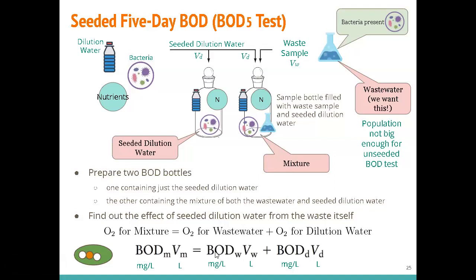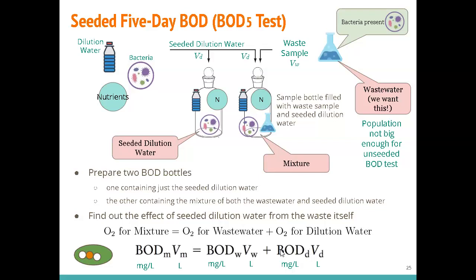Okay, and here, this is the thing that we want to calculate. We don't have the value for this BOD for the wastewater. And the volume of the wastewater, we do have that. It's 10, right? In the last example. Okay, and dilution water,